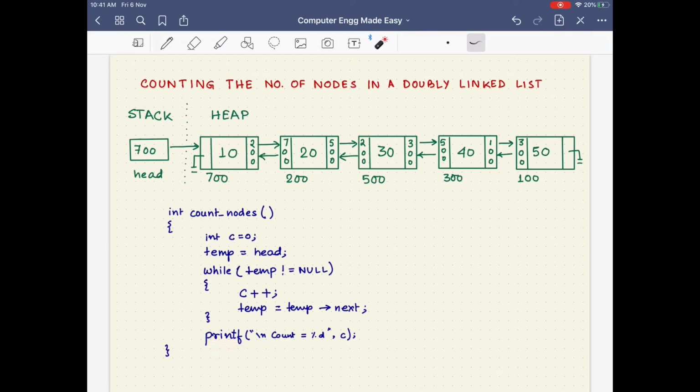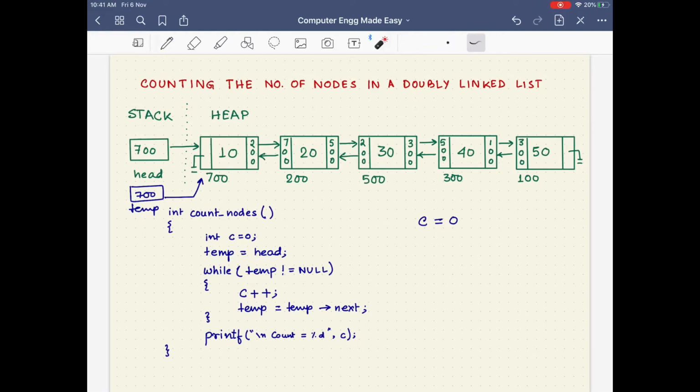Now let us see how the execution works. We have C equal to 0. So let us consider the variable C initialized to 0. And we also have temp initialized to head. This means we have the variable temp, which is holding the address 700, indicating that it is pointing to the first node of the list.